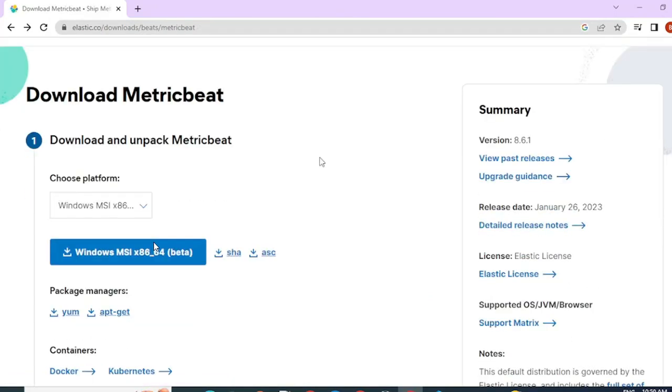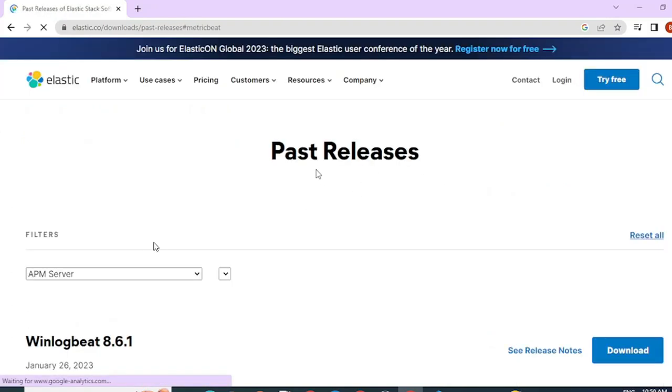Go to the official Elastic Metricbeat site. Once you're in the site, you can directly download the latest version by clicking on this link, or if you would like a particular version, go to view past releases and select the version you would like to download. I'm going to be using 8.3.3 for my scenario,